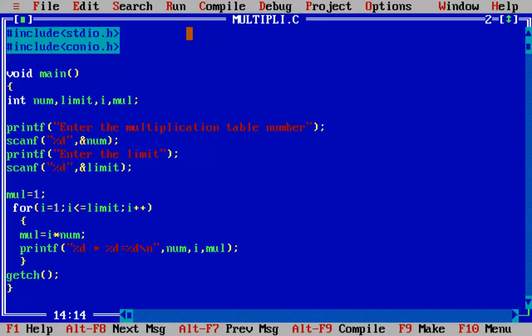After checking the condition, if that condition is met, it will again enter the loop. After executing the statements, it will move back and again increment the counter variable. After doing the increment, again it will check the condition. When the condition is false, it will come out of the loop and execute all the statements which are outside the loop. So this is how a for loop works.